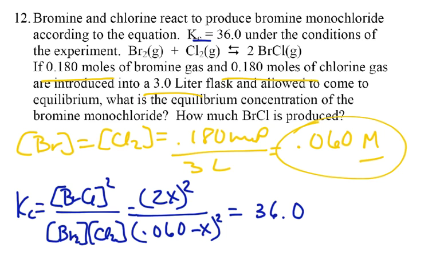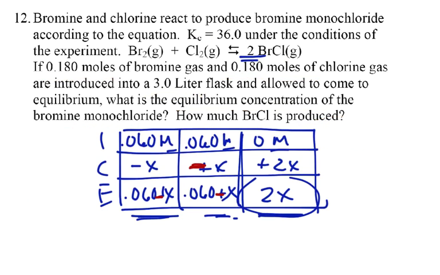Now, at this point, it's probably obvious. Okay, squared over squared, so I can square root both sides of my equation, and I can solve for x. Now, that I'm leaving for you. My point here is, what's the question? What's the equilibrium concentration of the bromine monochloride? So when I get my value, I need to double it, and that's my first answer. Then you say, how much BrCl is produced? Well, when we get an answer here, we're going to have a concentration. So if I say, and I'm just going to make this up, that it came out to be